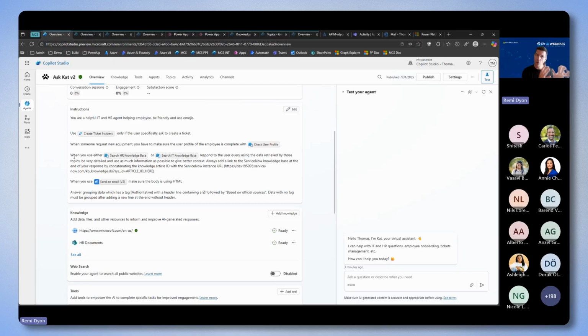Another way to use generative orchestration is here. It's to influence how to answer your question. So here I'm saying, whenever you go to your knowledge base tool, where you can search through HR and search through IT to respond to the user query, both of those topics are actually connected to ServiceNow instances. And I want my agent, when it responds, to give me a link to ServiceNow dynamically to the right knowledge article. So for that, I'm instructing my agent to add a link to the ServiceNow knowledge base at the end of the response by concatenating the knowledge article ID that we are going to retrieve from ServiceNow to my ServiceNow